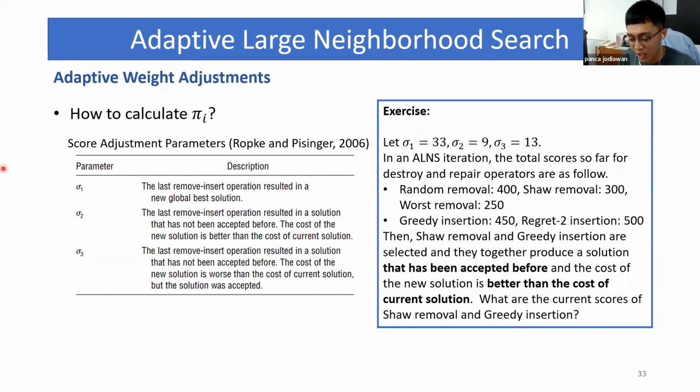So it means that actually the shell removal and the greedy insertion still have the same scores based on the score adjustment parameters proposed by Professor Ropke and Pisinger.